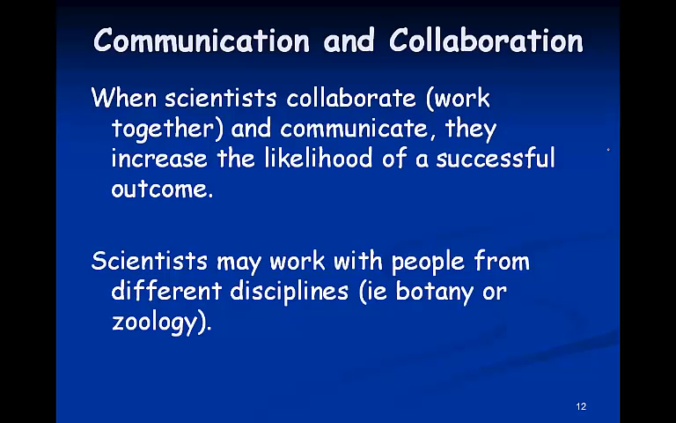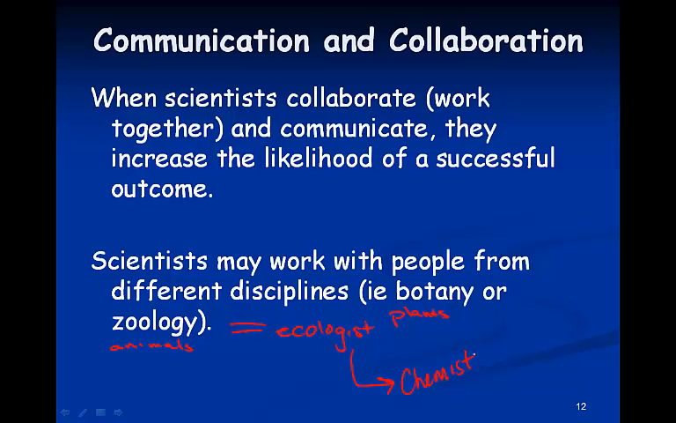Part of the scientific method is to communicate and collaborate with our work. Scientists collaborate. They work together. They talk. They do this because they want to increase the likelihood of a successful outcome. By all using the same basic type of method, scientists are able to work with people from other disciplines. For example, botany, plants, may study and work with somebody from zoology, which is animals, and both of them may work together with an ecologist, who in turn may need to look to a chemist to discuss